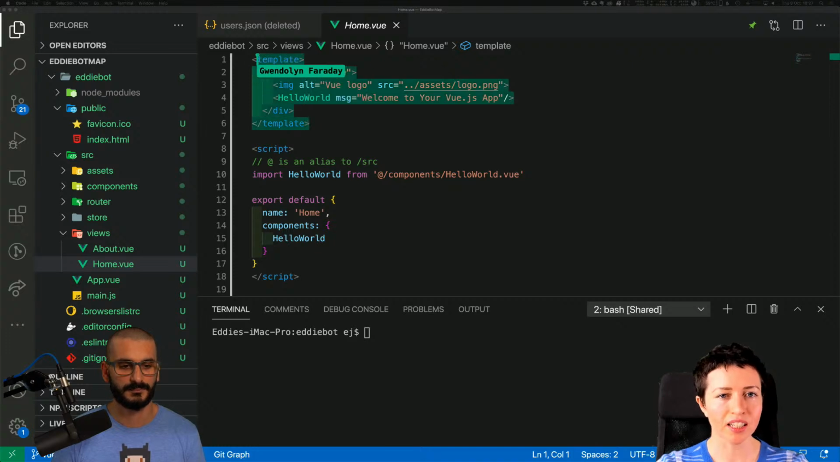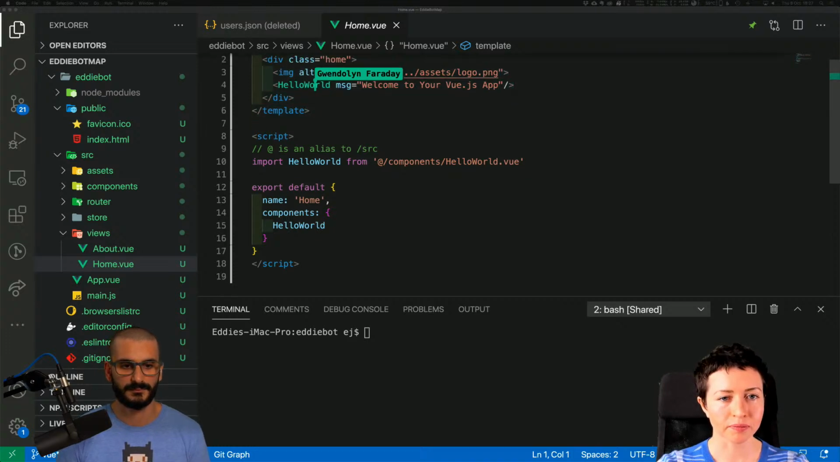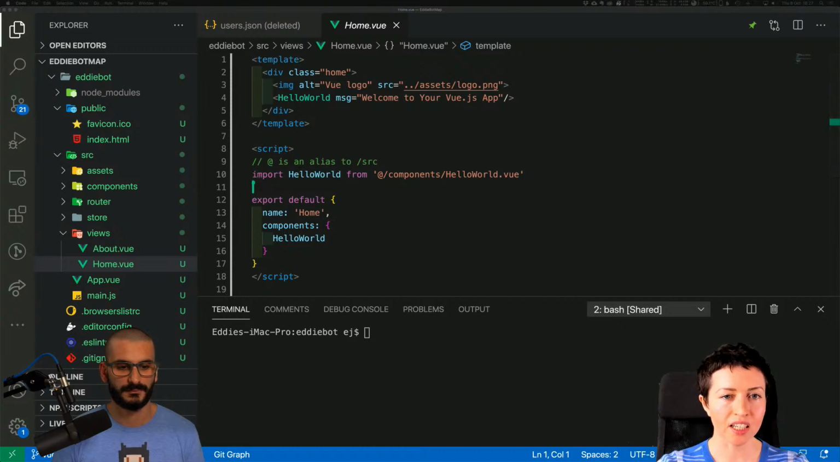So basically, in Vue components, you have a template and you have a script tag for your JavaScript. And these two are connected. Basically, whatever you write in your template, you're able to access variables and methods from